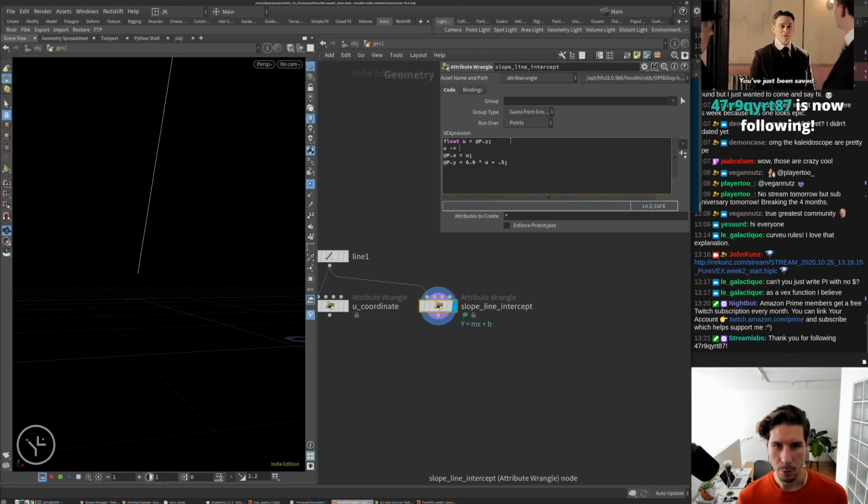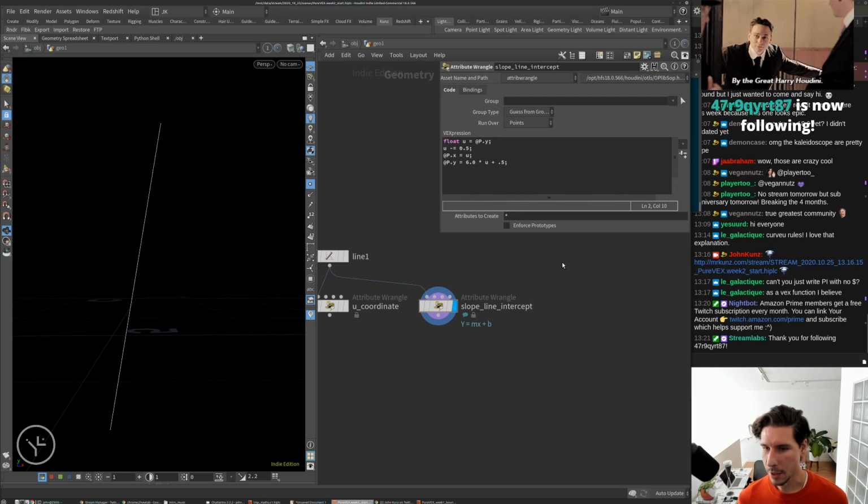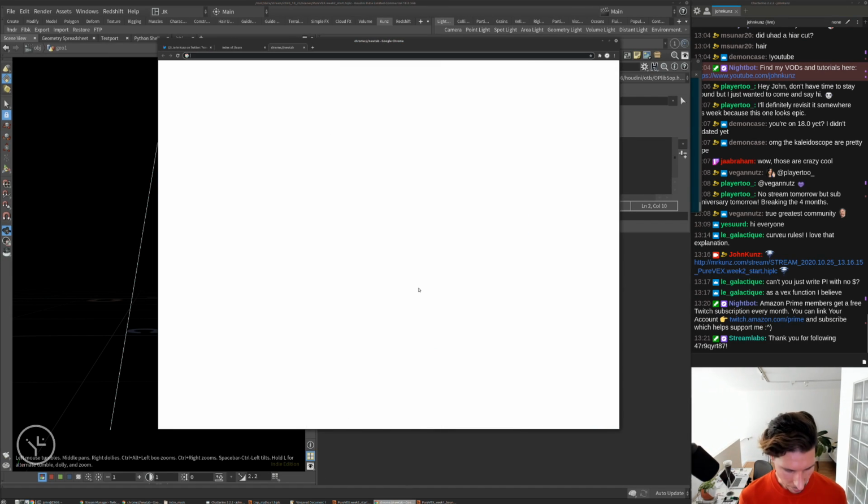I could do u minus equals 0.5. And then that's the same thing. The same idea is like using the transform SOP up here, it's just modifying the coordinates in the same way. So the idea behind all of those is like if you ever use the